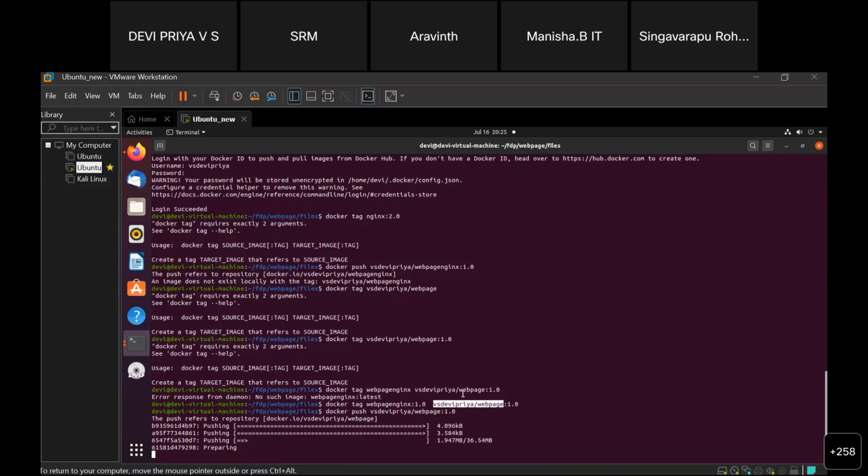Here we can see that some layers have already been pushed.